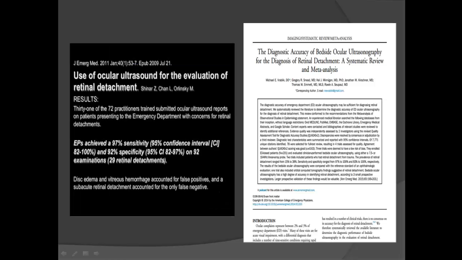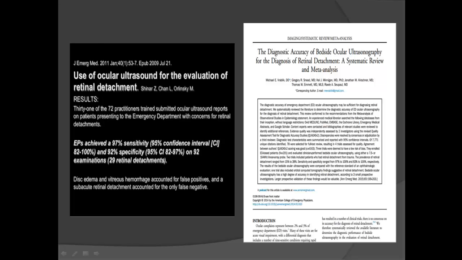There are two articles I looked at, one from 2011 and another from 2014, that looked at the diagnostic ability of ultrasound for retinal detachment, and it showed a pretty high sensitivity, 97% for ED physicians using bedside ultrasound to evaluate retinal detachment, as well as 97% specificity on 92 examinations